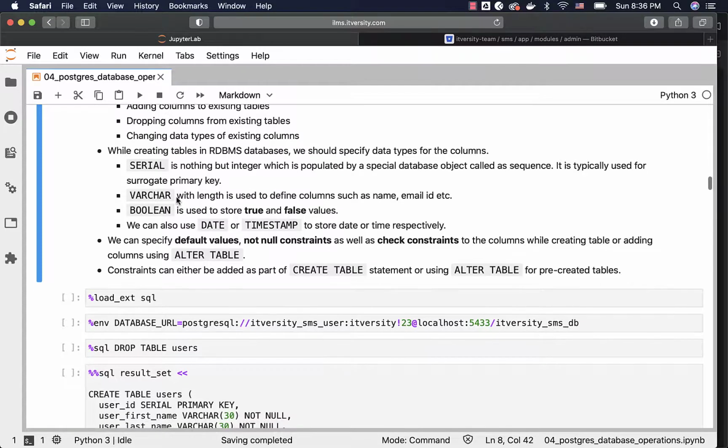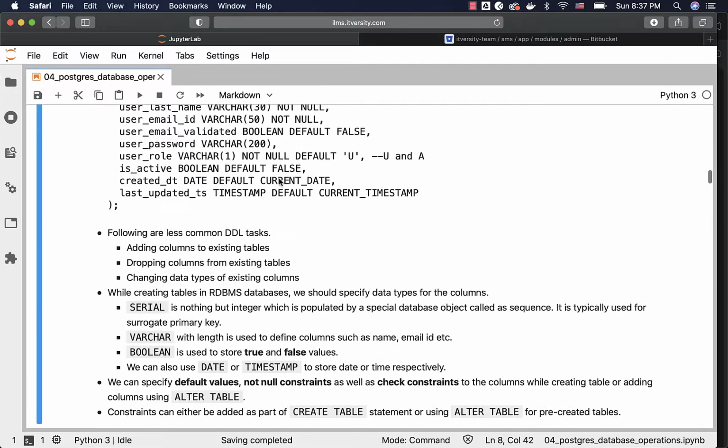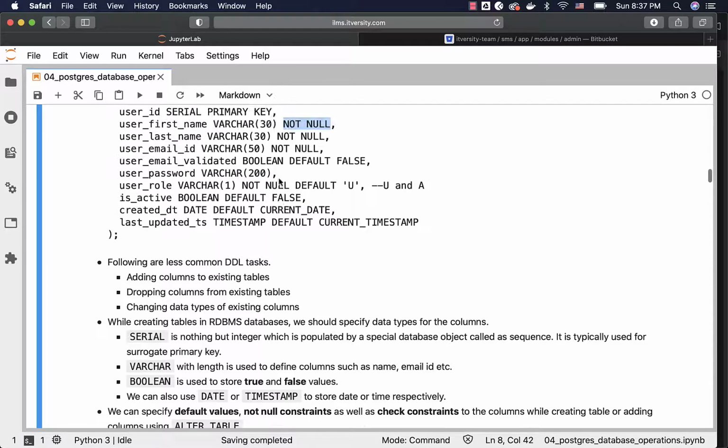On top of these things, we can also add constraints such as check constraints to these tables using the alter table command, or even while creating the table itself, we can include the check constraints. If we have multiple tables, we also have something called foreign key constraints. When we have a one to many relationship, we need to explore those things as we get into some advanced concepts. For now, just to get into performing database operations, one table is enough. With one table, foreign key constraints are not typically used.